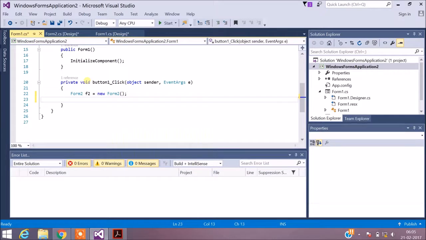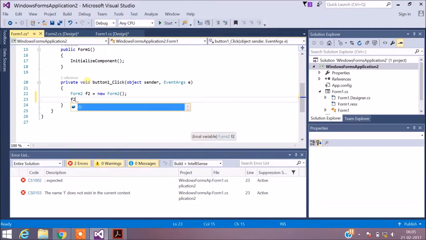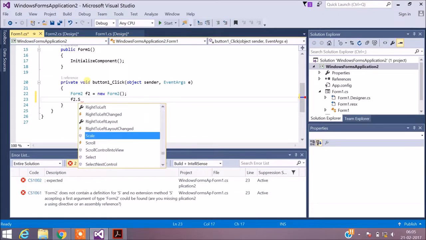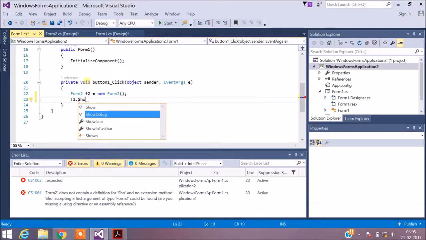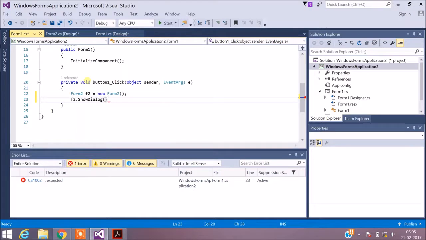Once I create an object for the second form, in case of modal, I have to use the function ShowDialog. So F2.ShowDialog. If this is the case, then once I click the modal button, I will be transferred to the second form, which has the message Hello World, and without closing the second form I will not be able to access the first form. Let's check if this works.